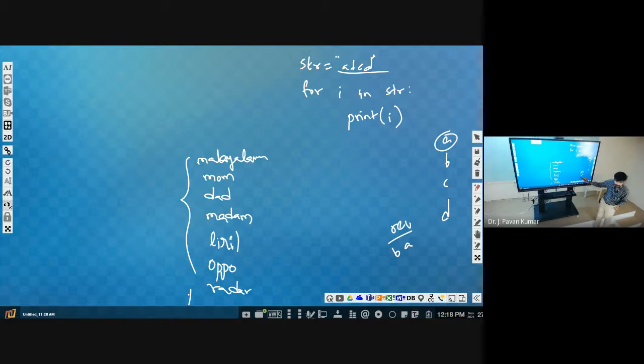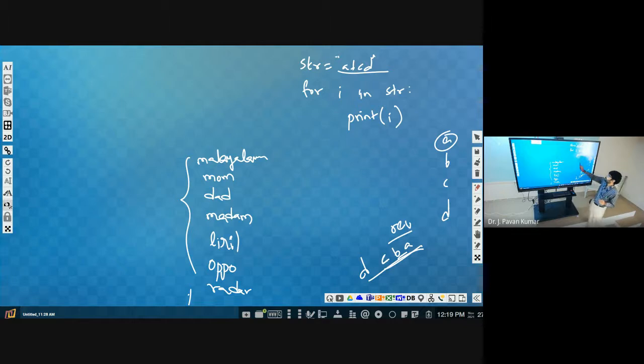Left side. Or I can say for this character C, we are appending the reverse, isn't it? Try to understand: for this character C, we are adding the reverse already calculated. Next, up to D, for this character D, we have to add this reverse. Then we will be getting the reverse of the given string.